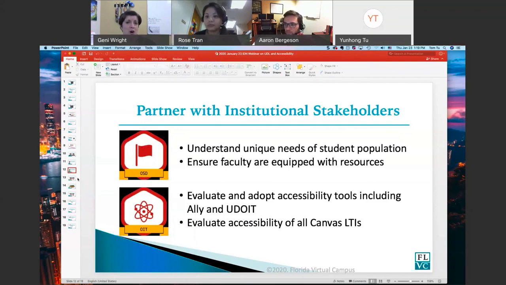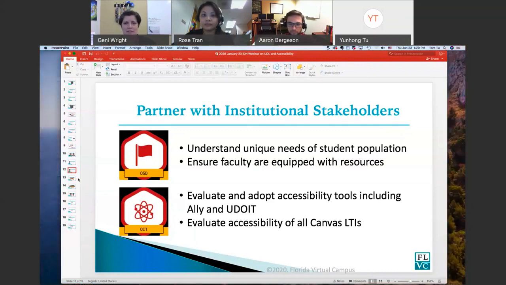So we focus on collaborating with those stakeholders to also reaffirm the resources and processes that we established to make sure that we're all on the same page. So typically we'll see trends at the beginning of the semesters where faculty have notifications. For whatever that might be for our accommodations, those will typically go through the online office through me, and then I help to distribute that work to an instructional designer, or pair that faculty member with an instructional designer to assist with things like captions or alt text or anything that might be required for that faculty member,